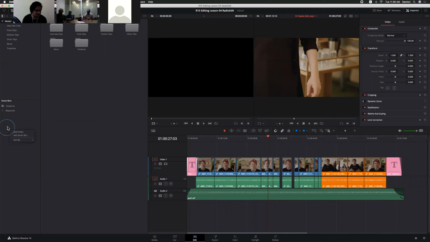So, about smart bins, right? Yeah, smart bins. Before using smart bins, sometimes we need to add metadata to a particular clip, like we have added keywords to clips yesterday, right? Let me go to the media page.